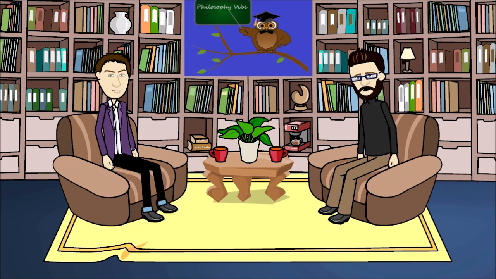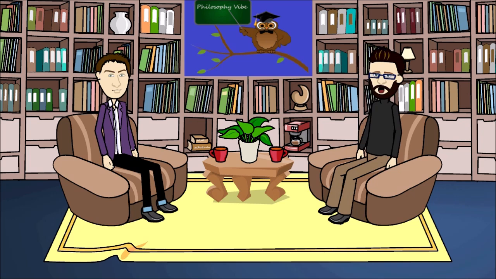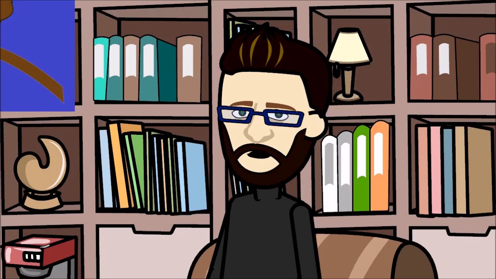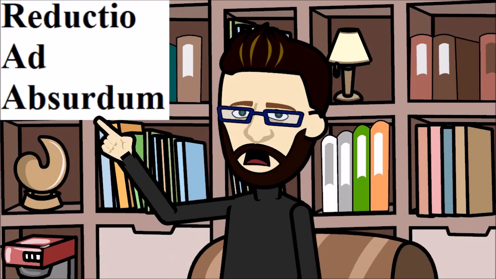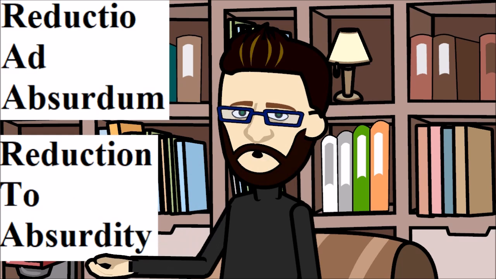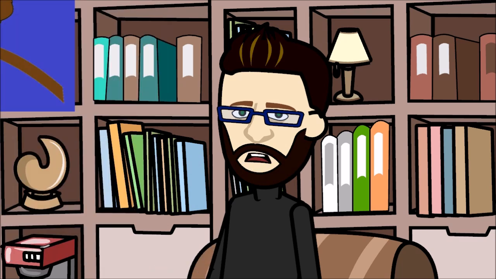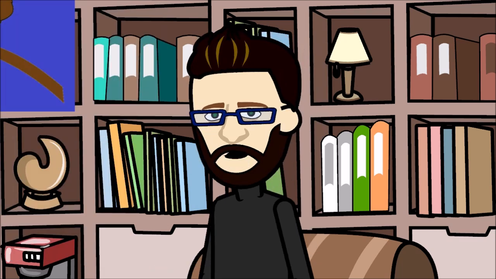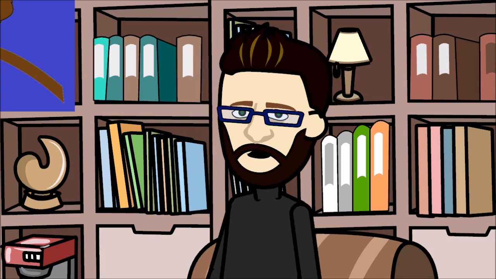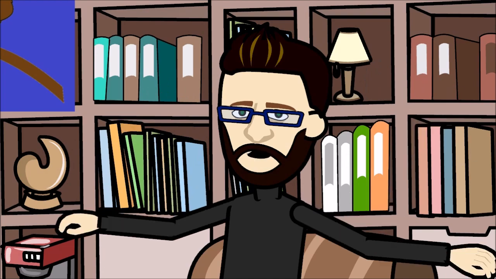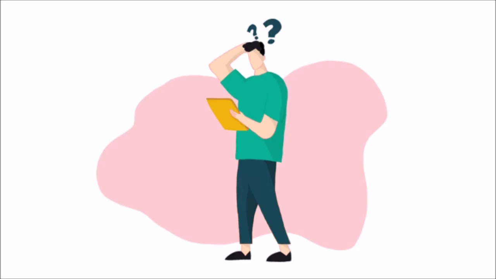Today we're going to be looking into an argumentation form and method used in philosophical discourse known as Reductio Ad Absurdum. Reductio Ad Absurdum is a Latin phrase meaning reduction to absurdity, and essentially this is exactly what the style of argument does. In a debate, when one adopts a reductio ad absurdum method, they are showing that if their opponent's argument is followed through to the logical end, it will result in some sort of absurdity.